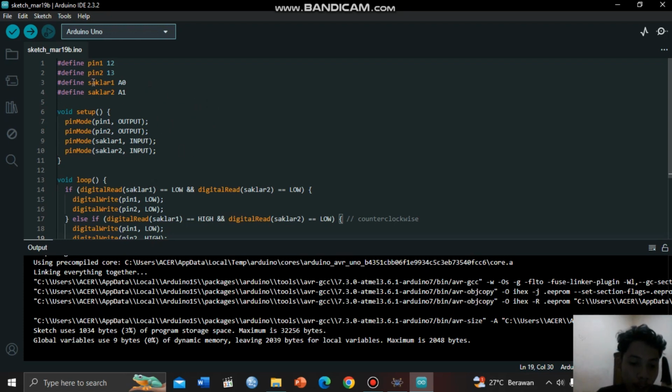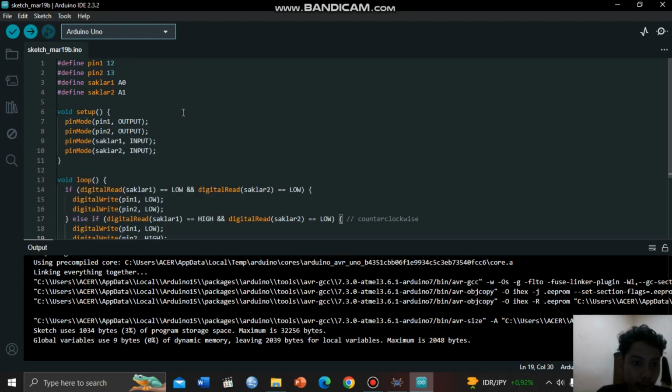And this is an Arduino Uno program for simulation of DC motor speed control with push button input, where this section is used to define the pin name. For example, define pin 12 name is pin 1.